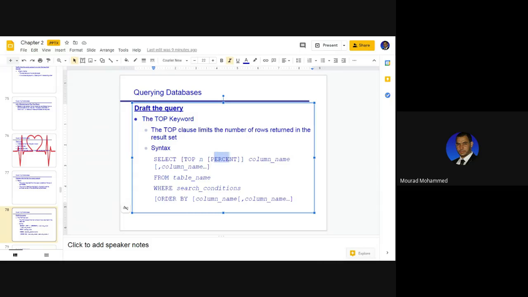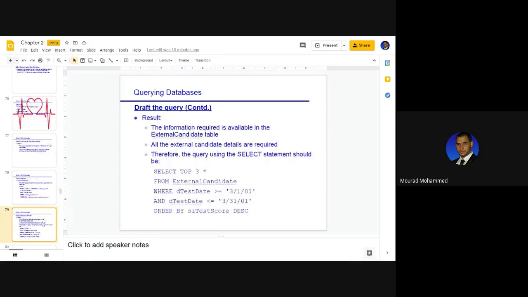What we need actually are the fields, either star, top 3 star, or the fields you need to output from the table, from the entity. And if we have any clause here, it's not mandatory. So in our example,